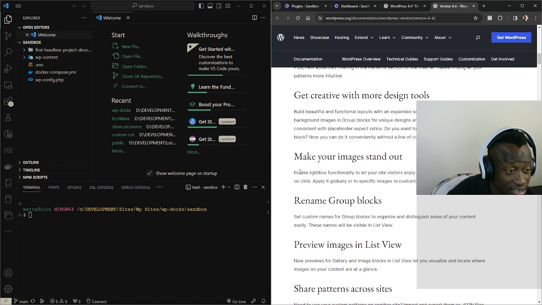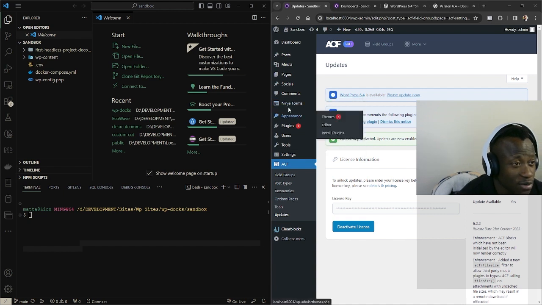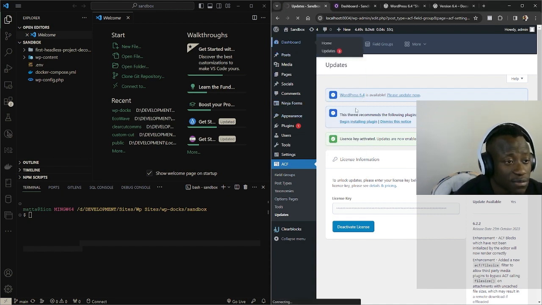Make your images stand out. Enable Lightbox functionality to let your site visitors enjoy full screen interactive images on click. Apply it globally or to specific images to customize the viewing experience. I like that. And now that we're done with updating our plugins, let's go ahead and update our sandbox to